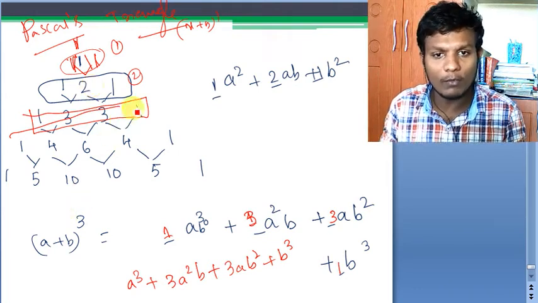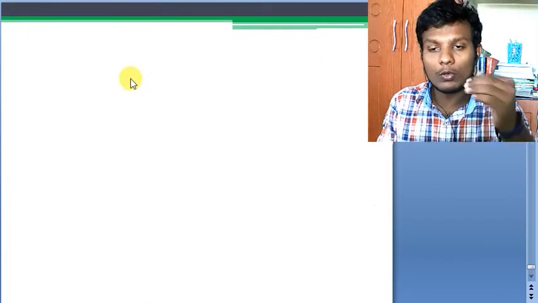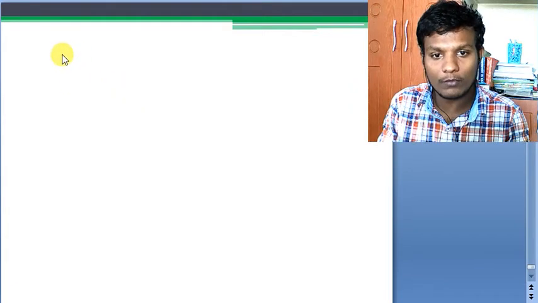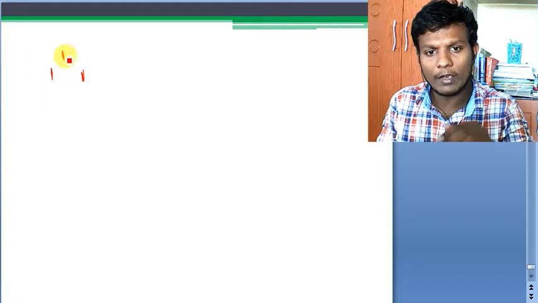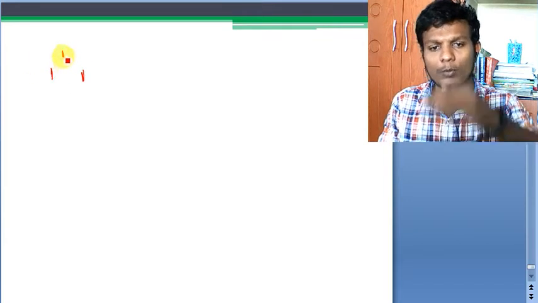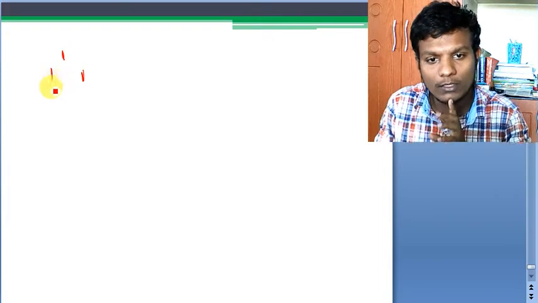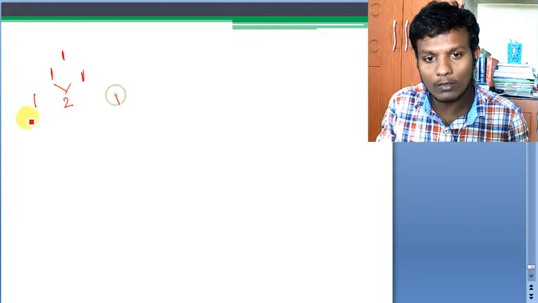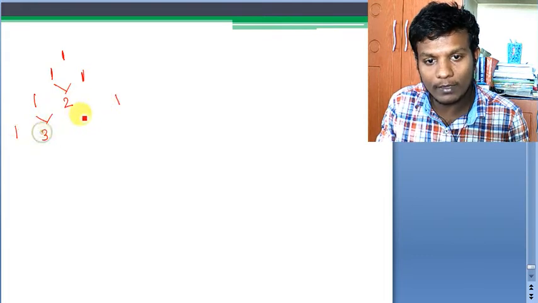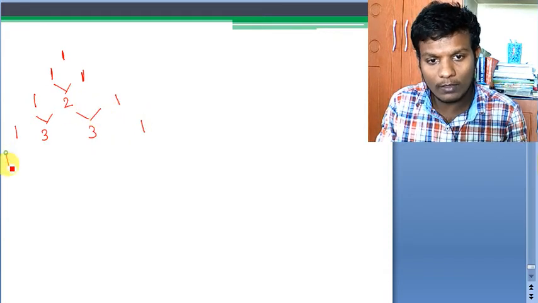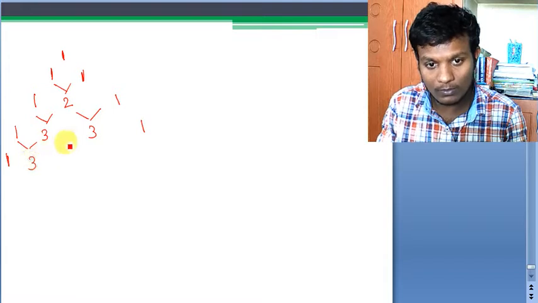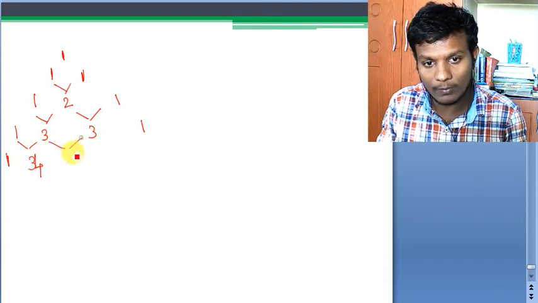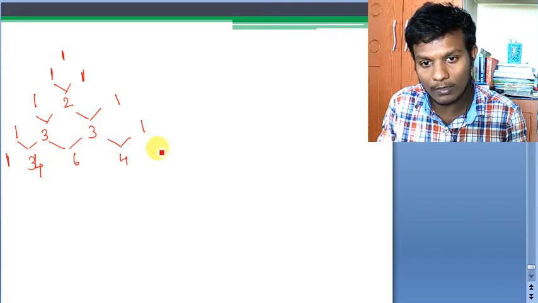Let us see it again once, explaining how to draw the Pascal triangle. See, always you start from 1, 1, 1. Now if you write this 1 or not doesn't matter, I'm just writing it to make it a triangle. So you write 1 aside, 1 plus 1, you add these two, 2 and 1. Next 1, add these two, 3, add these two, it will become 3, and it can be 1. So 1, 1 plus 2, 3, it will be 4, and it will be 6, and it will be 4, and it will be 1.